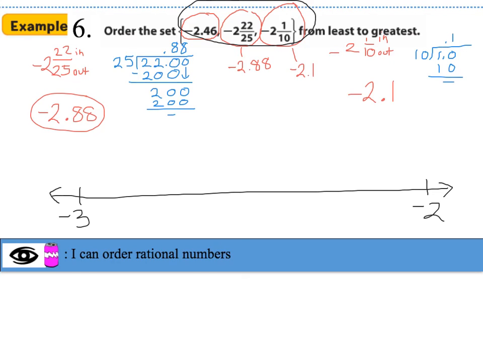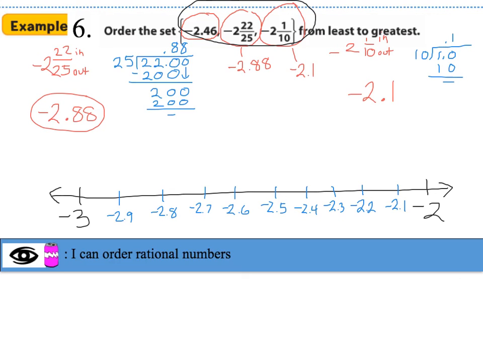So I'm going to count by tenths on my number line. So here's negative 2 and 1/10. Here's negative 2 and 2/10, and so on. So after completing the increments within negative 2 and negative 3, I can go ahead and graph the rational numbers on the number line. So the first rational number that I'm going to graph is negative